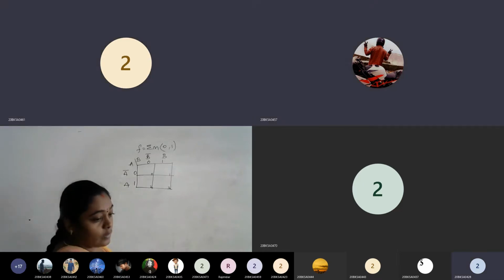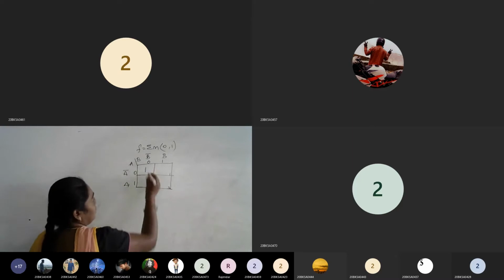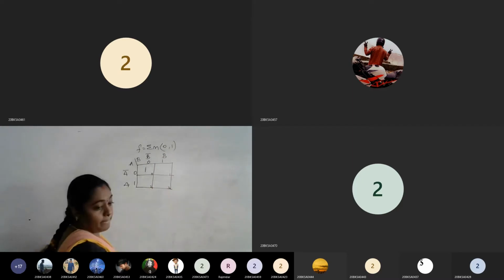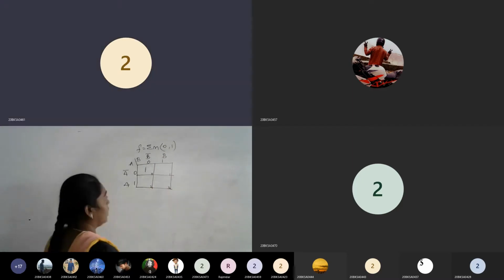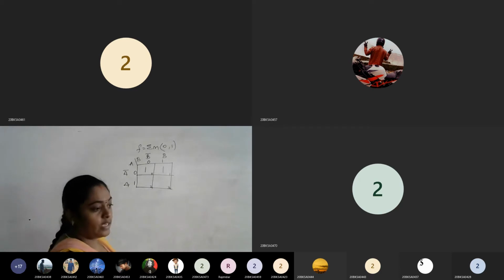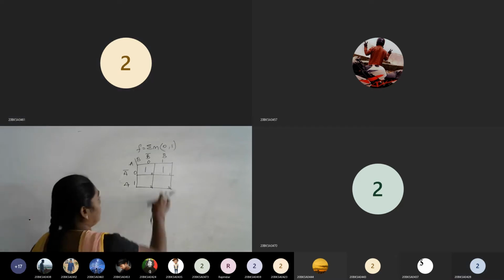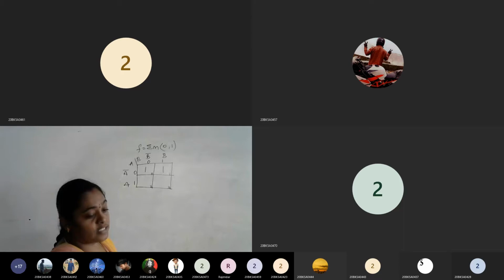It is SOP, sigma M is SOP. So here, wherever the minterm 0th cell is there, write down there 1. What is the next one? 1. So at 1 position also write down 1. Is it clear, plotting the K-map? Yes, ma'am. The next step is after plotting the K-map, check for adjacent.